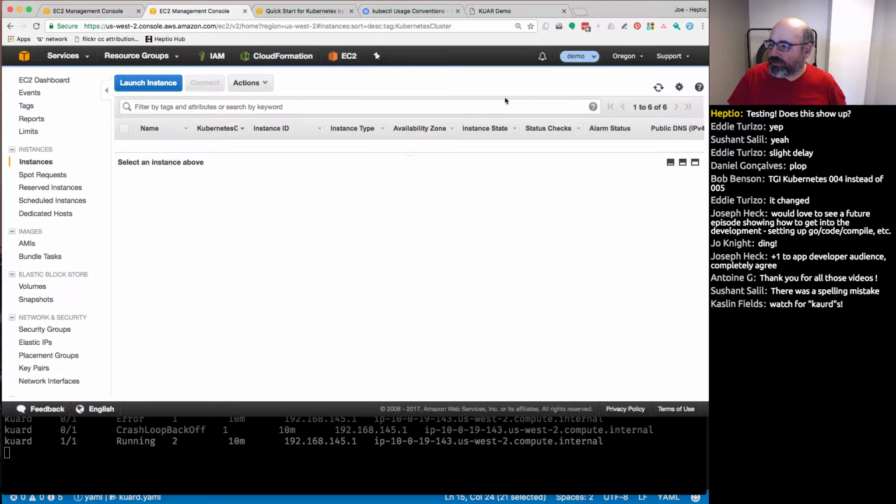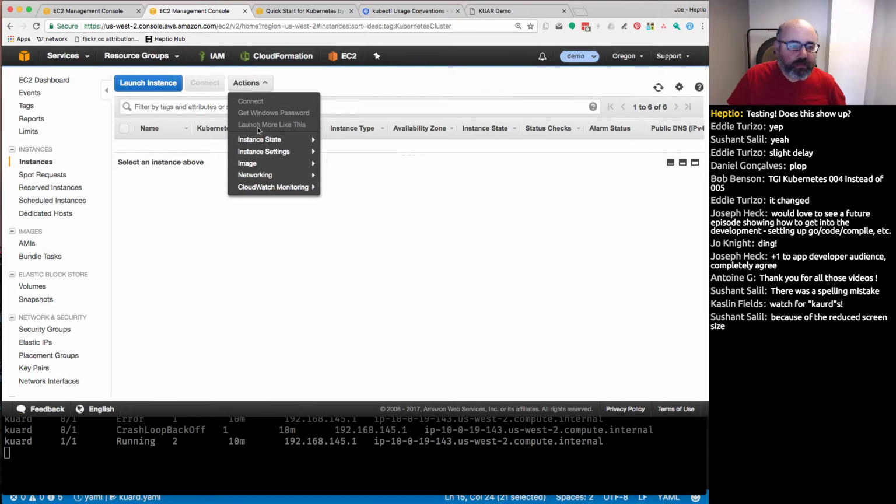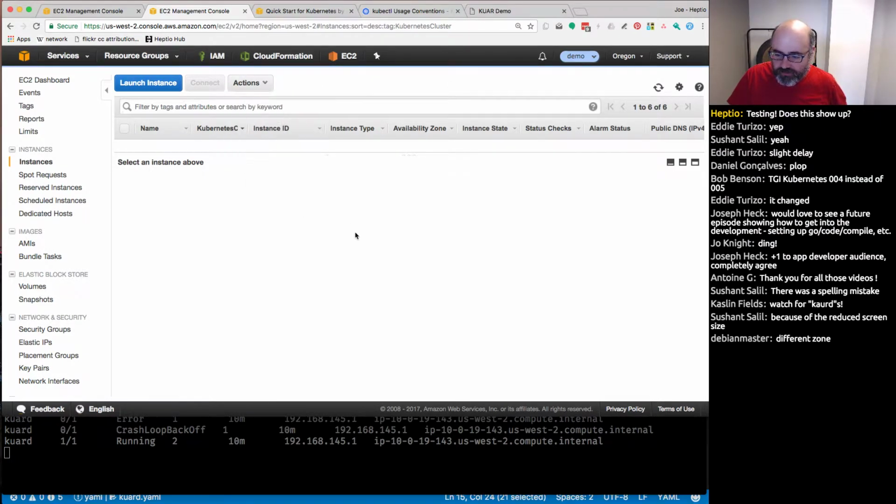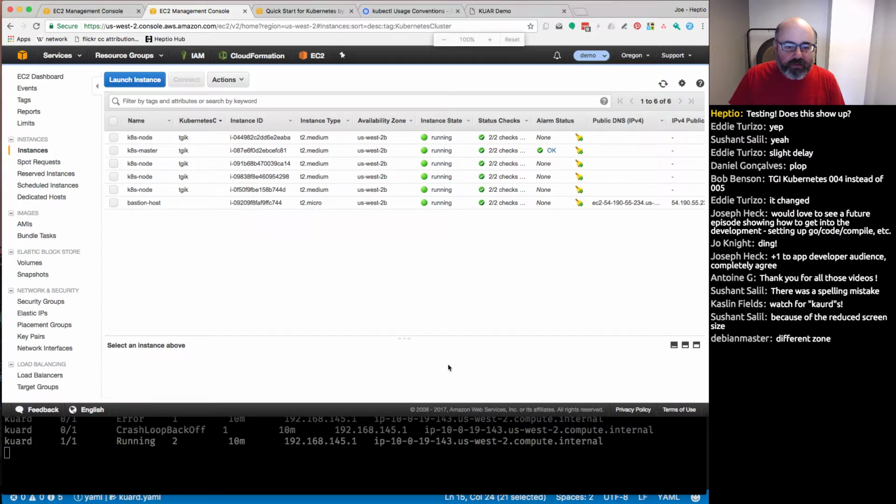Strange. Why is this not showing up? Anybody have an idea here? Reduce screen size? Do you think it's the reduce screen size? Maybe no. Yeah. Oh, there it is. Look at that. Oh man. Okay. So this is kind of a little bit of a bug in the